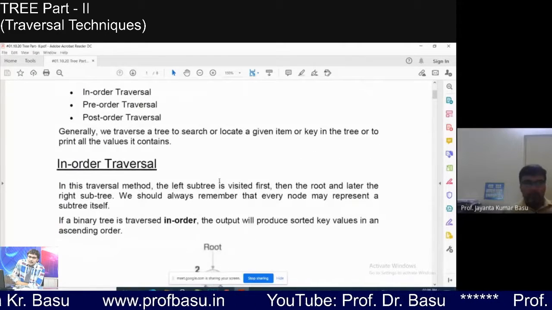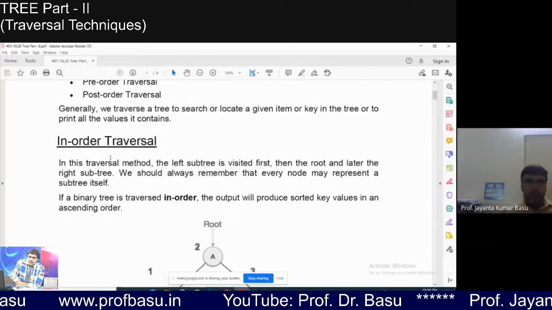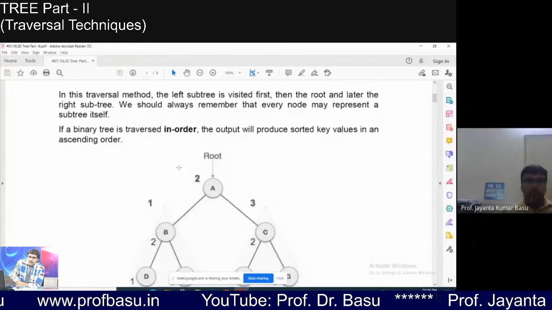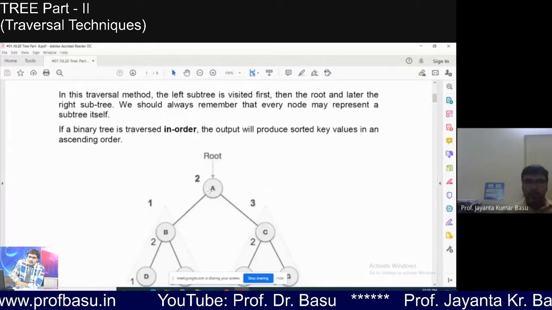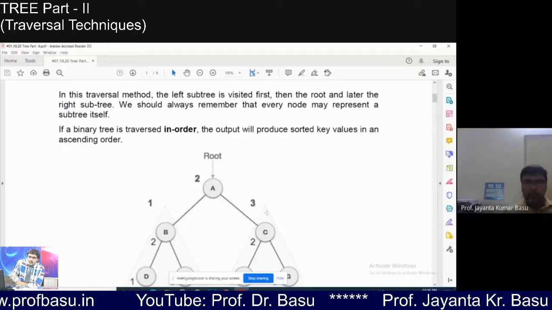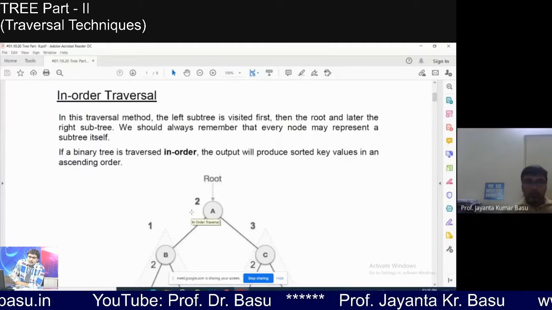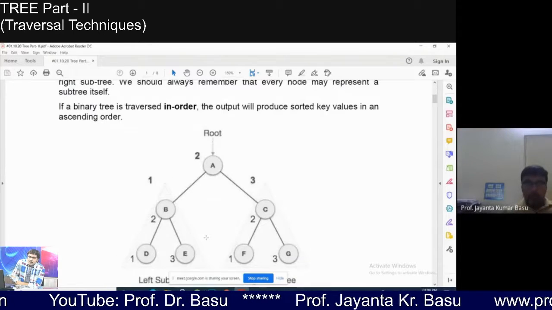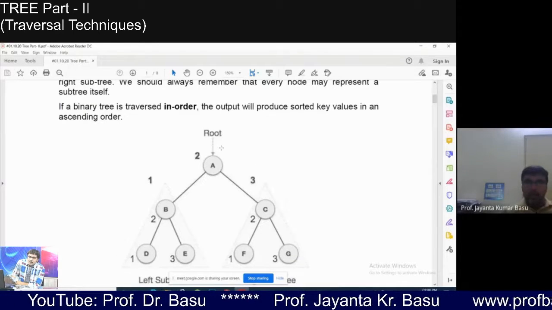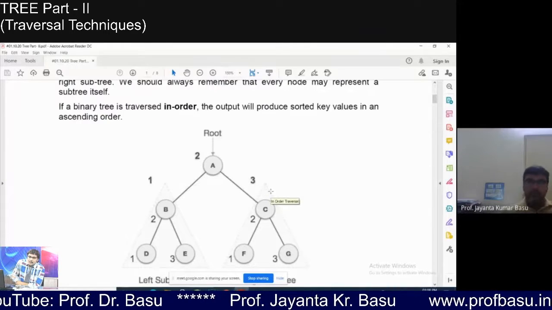Yeah. So let's discuss in-order traversal. In in-order traversal, we first consider the left subtree, then the root, then the right subtree. This is in-order traversal.